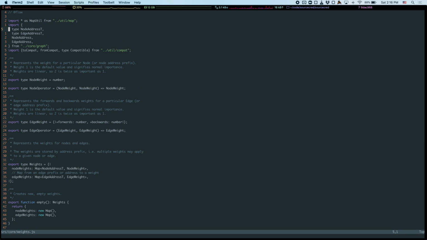So I'll talk about weights. There are 2 kinds of weights. There are node weights and edge weights. In both cases, we apply weights at an address level, and we again have prefix matching semantics. So I could say I want to weight the whole GitHub plugin. I could say I want to weight all GitHub issues, or I could say I want to weight